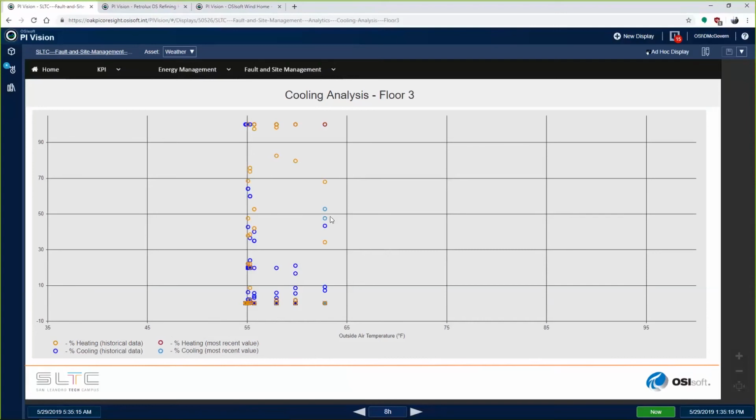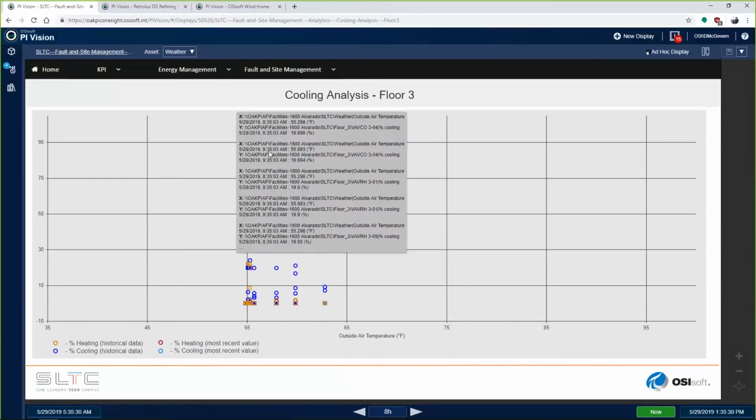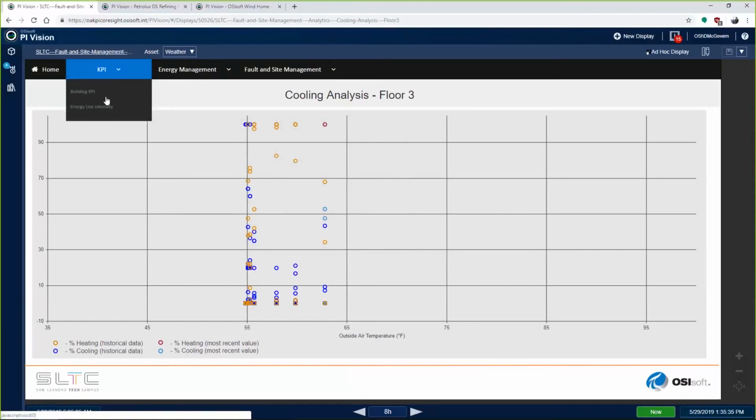I can go in and I can see which pieces of equipment are heating, which pieces of equipment are cooling. What's the general delta from the outside air temperature for the last day or for the last 8 hours or so, and I can see how things match up